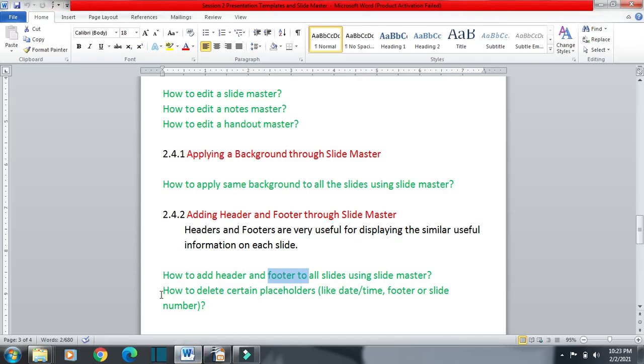Next thing is how to delete certain placeholders. We have seen placeholders like date and time, footer was available, and slide number. These 3 placeholders were available in slide master for the footer section. So if you don't want to go for date or time, or if you want to delete footer option, or if you want to delete slide number option, then how can we do this?